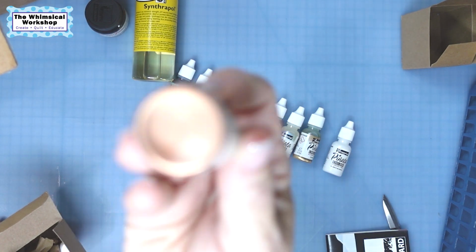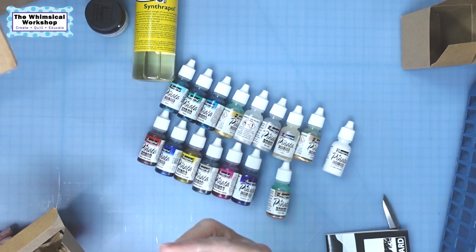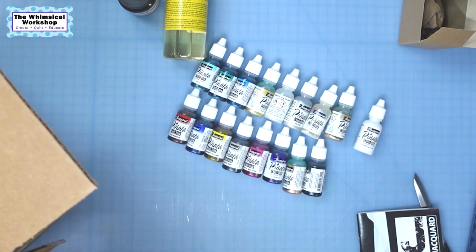And oh, copper. I don't know why I'm only showing you the metallics, but that's pretty. And then matte black. So just black. All right, so a beautiful set of alcohol inks to play with, which again work great on fabrics or on